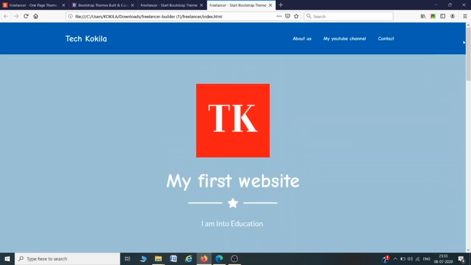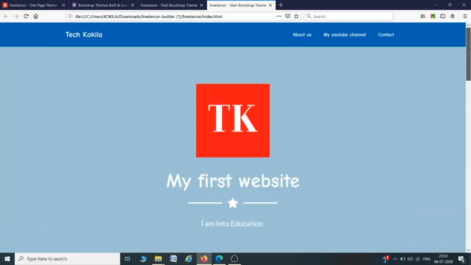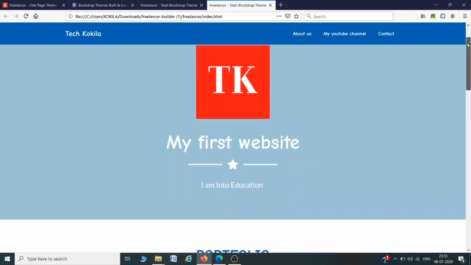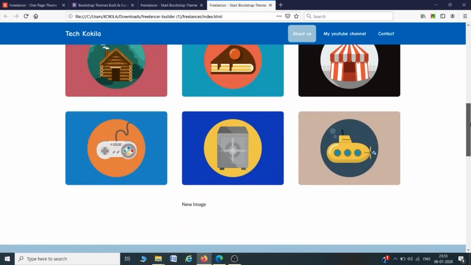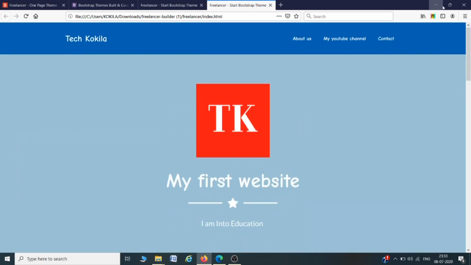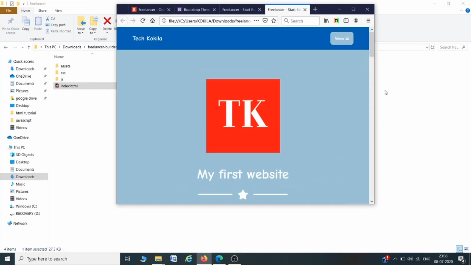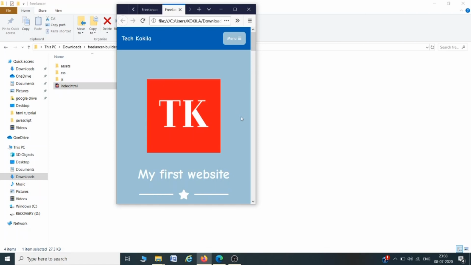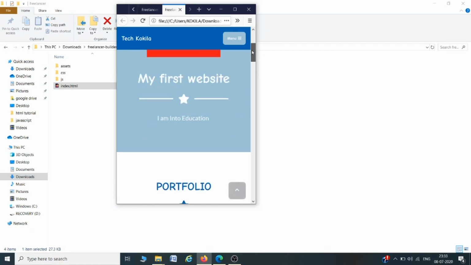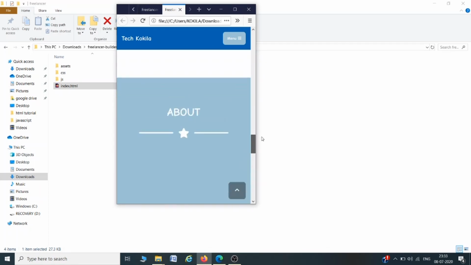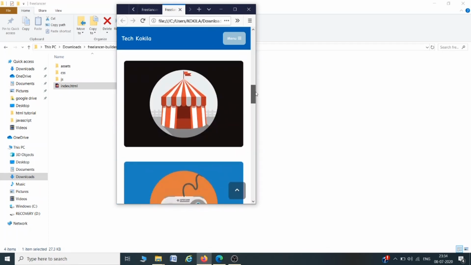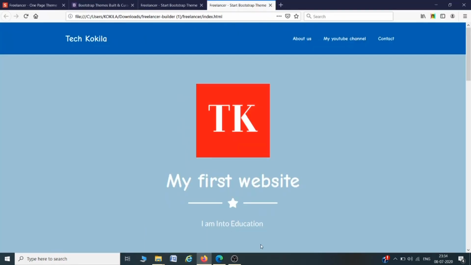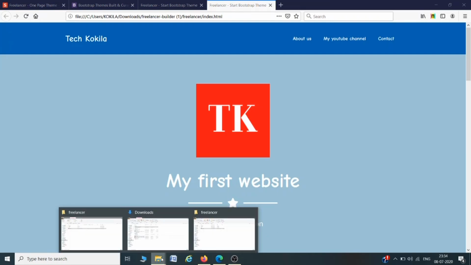Now this header, this is a responsive header. You can see when I am scrolling down, it's there. Fine. One thing I want to show you is this. This is a responsive layout. If you minimize it, you can see how it looks on the mobile phone. It will come like this on top of each other rather than adjacent. Now I am again going to the folder.